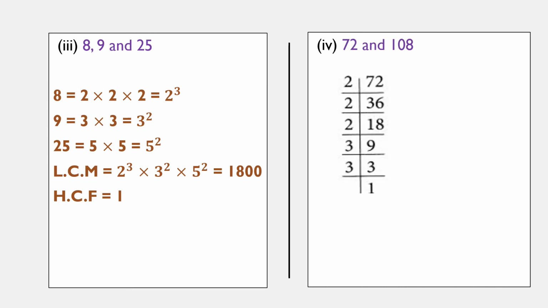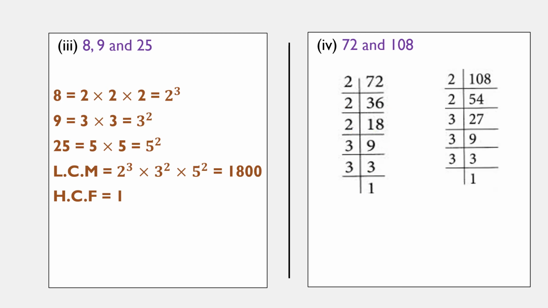So do the prime factorization of 72. It will be like this: 2 here, so 2 table, 36 times. Again 36 here, so it goes in 2 table, 2 18 times. Again 18 here, so it will go in 2 table, 2 9 times. 9 will not go in 2 table, so I can take 3 table, 3 3s are 9, and 3 here, 3 is a prime number, so it goes 3 ones are 3. Okay. Now next, 108. In the similar way, you'll get the product of prime factors like this.